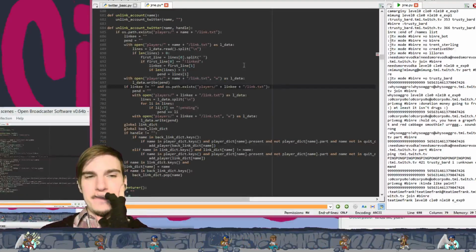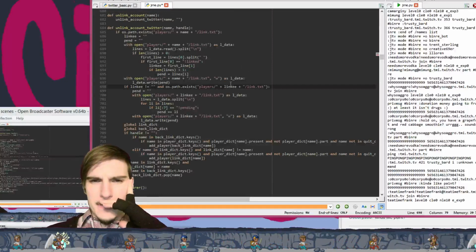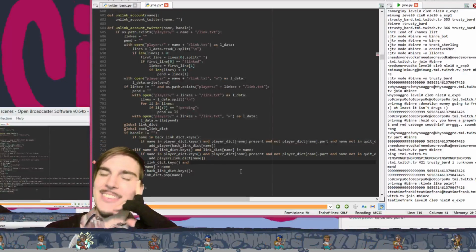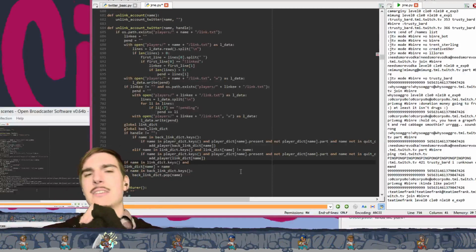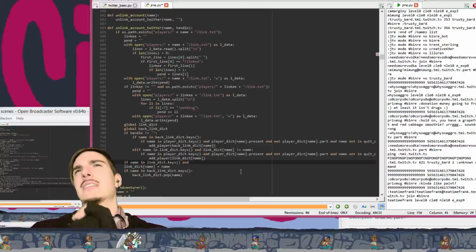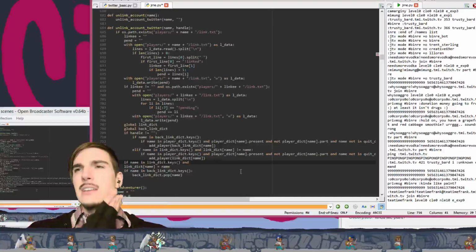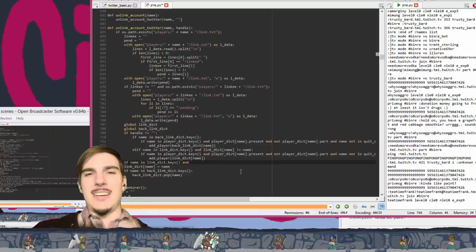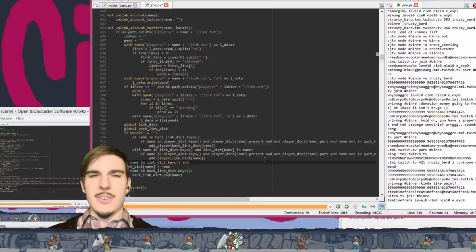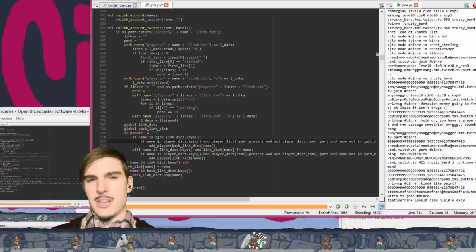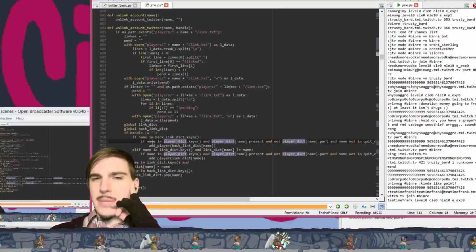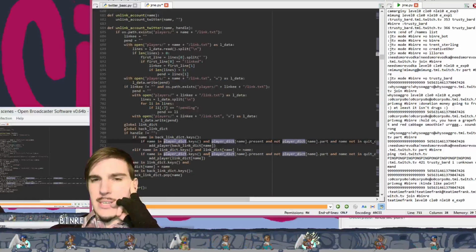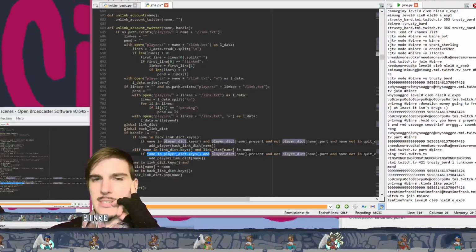All right, so what was I doing? So if name in linked keys, right? If it's going to be in linked keys, it would be because we added the player already. I just have to keep reminding myself of that. In this case, we don't have to check if name in player dict keys because we can assume name is in player dict keys. So we can just cut this down to